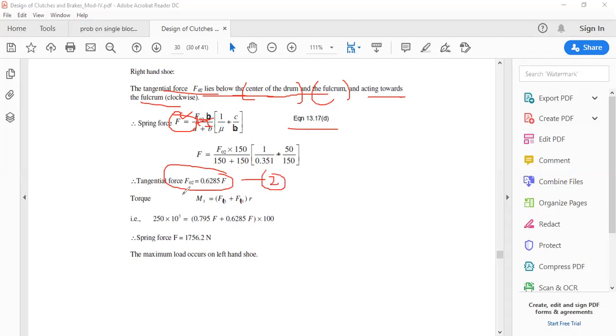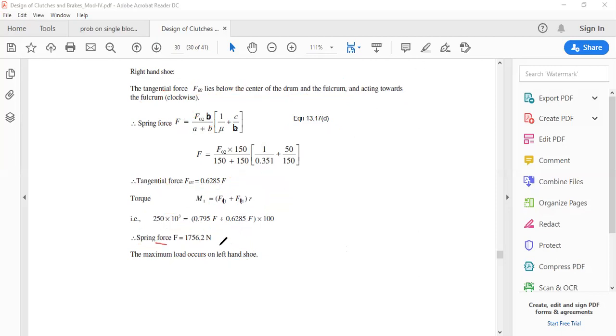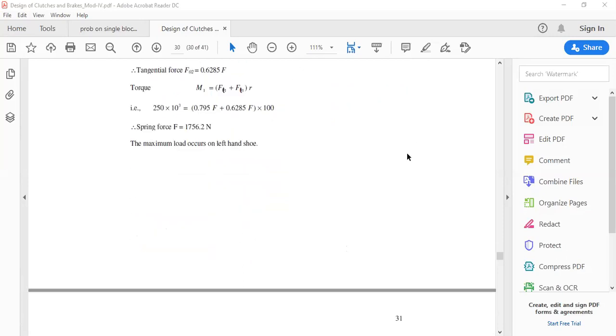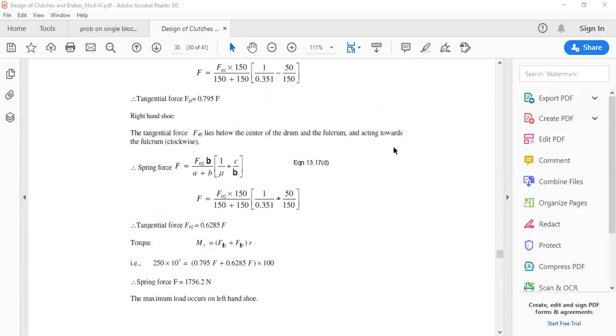So now to get the total torque expression, total torque T is equal to Ft1 plus Ft2 into R. So that you will be getting the value of F. So torque T is given. As it is a known value, it is substituted here, and the value of F is obtained. So this is the other thing that is to be calculated here. Once the value of F is calculated, this is the first part that is asked here. Then we have to go for the rest of the calculation.